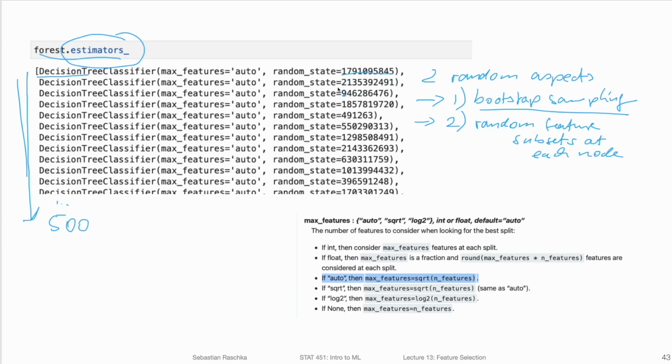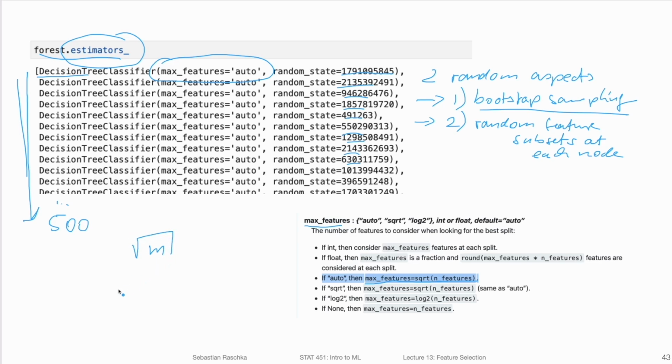In addition, you can also see there's a different random state here for each decision tree used. You can see there's this max features auto setting here. So what does that one mean? The auto setting, when you look in the documentation, means that it uses max features, square root, and features. So if we have m features, at each node of the decision tree, it would only consider square root of m features.